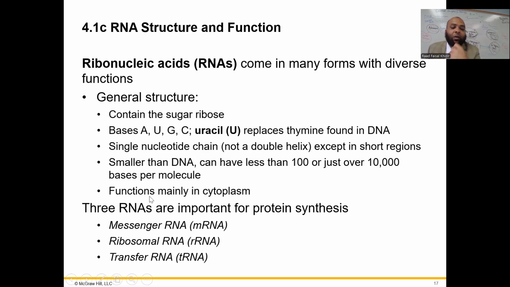There are 3 RNAs that you have to know. These are the major RNAs. They're not the only ones. I had an illustration, a demonstration that is very important on YouTube about microRNAs. That is a form of an RNA. Small non-coding RNAs, snRNA. That is not a major form of RNA, microRNA. Okay, small non-coding RNA. But the ones that you need to know are the messenger RNA, the transfer RNA, and